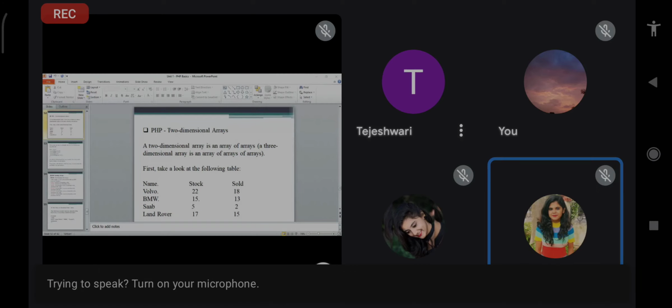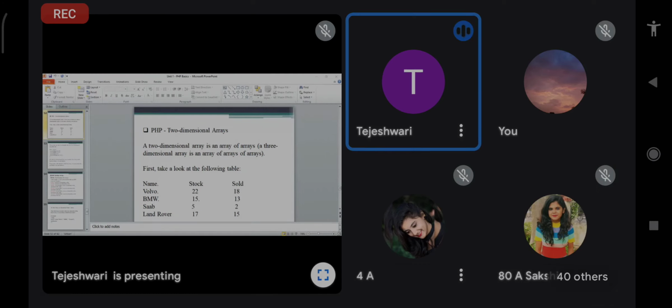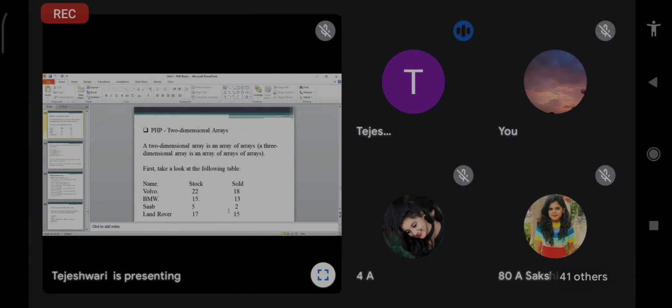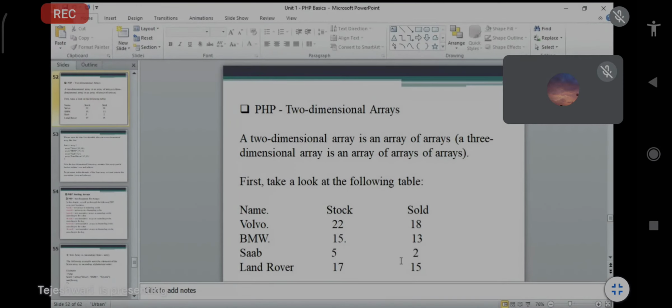Yes, ma'am. Then how to represent this data in rows and columns? The 0, 0 position, that is Volvo. Then 0 1 is 22, 0 2 is 18.